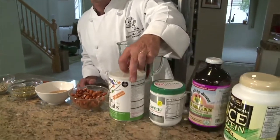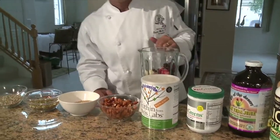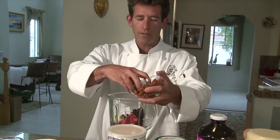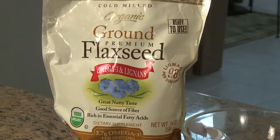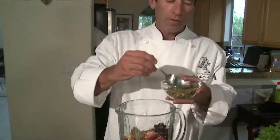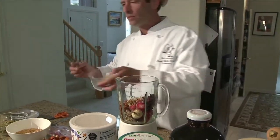Because this right here has pineapple bromelain and flavoring in it. It's a lecithin, which gives it a great flavor. So I like to use that. So I'm going to go ahead and put in a few of my almonds that have been soaked overnight on top of my fruit there. I'm going to put about a tablespoon of flaxseed, a good tablespoon of pumpkin seeds full of zinc, all kinds of good fats, and a good tablespoon of sunflower seeds,